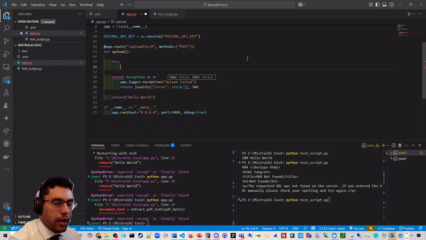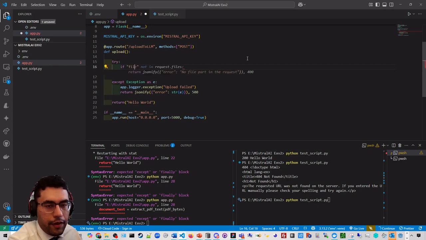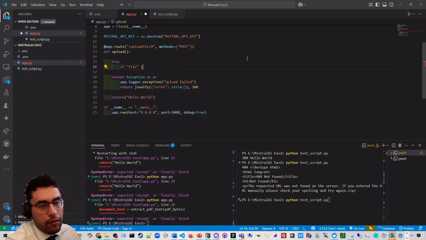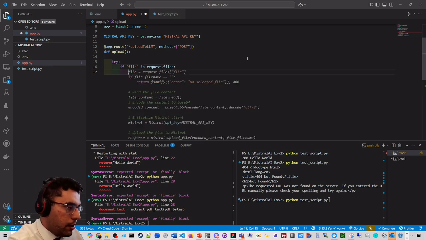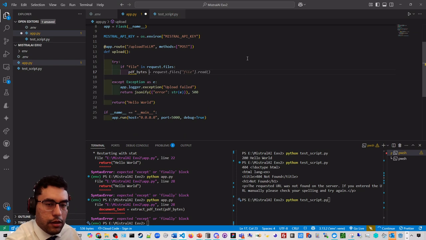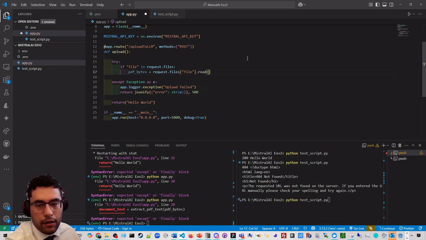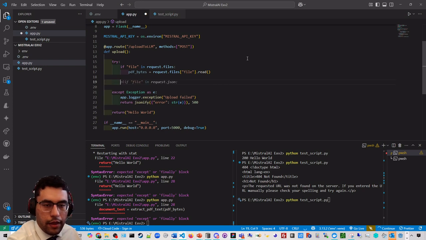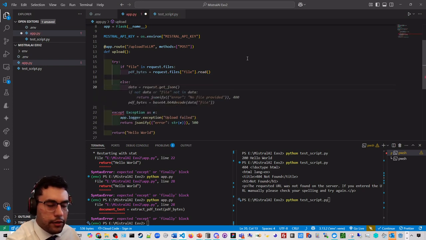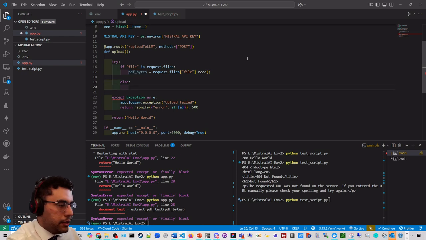Now inside of this try block, we need to type in if file in request.files, here pdf_bytes equals request.files dot read. I want it there, I want it outside. And then we're going to do else here. Okay, so we're going to try to bring the bytes out of it first, and then we're going to do